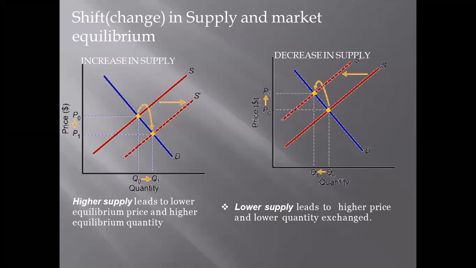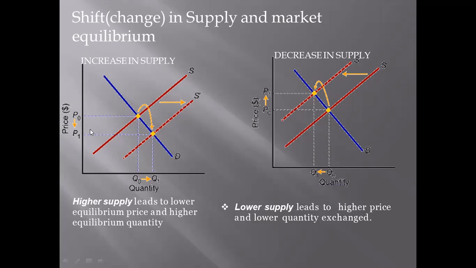Now, in this situation, your supply is increasing or decreasing, but the demand is constant, right? In this particular diagram, children, as you can see, there is an increase in supply. Of course, you have the original supply curve and the demand curve, and this is your equilibrium point, right? P0 is your equilibrium price and Q0 is your equilibrium quantity. Now, when supply is increasing, your equilibrium point is going to shift from E to E1, and your equilibrium quantity is increasing and your price is decreasing.